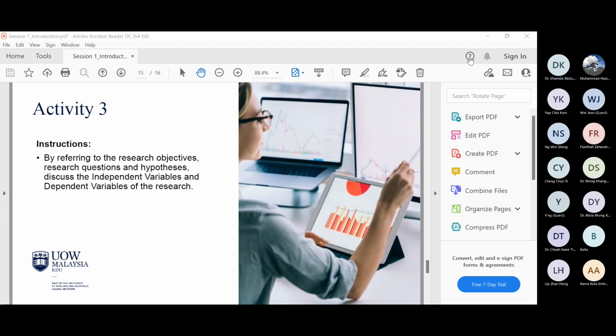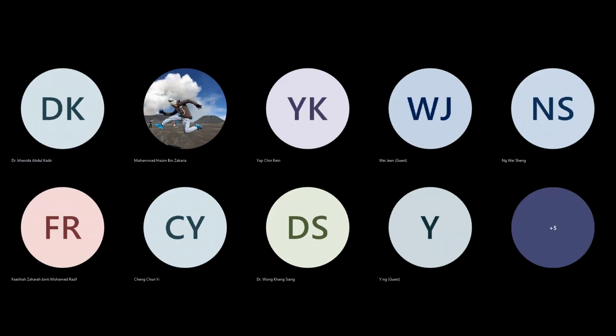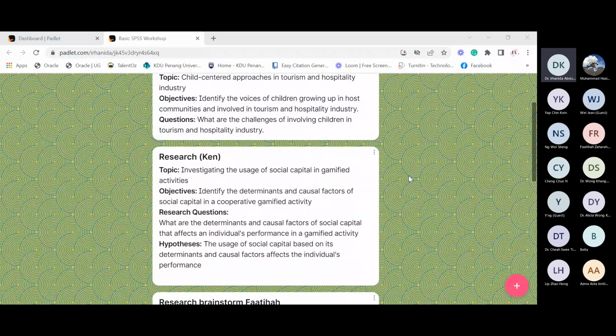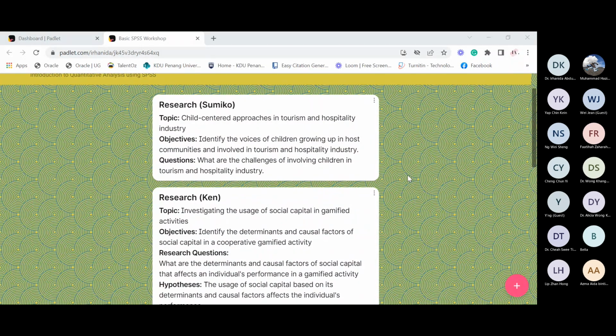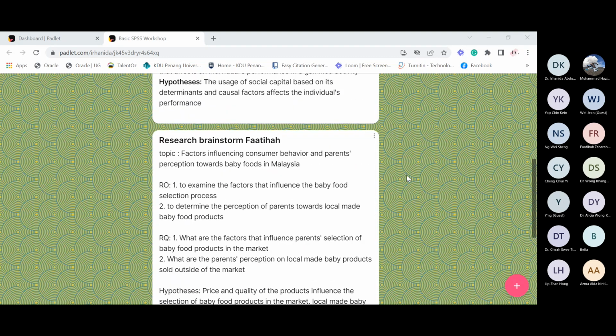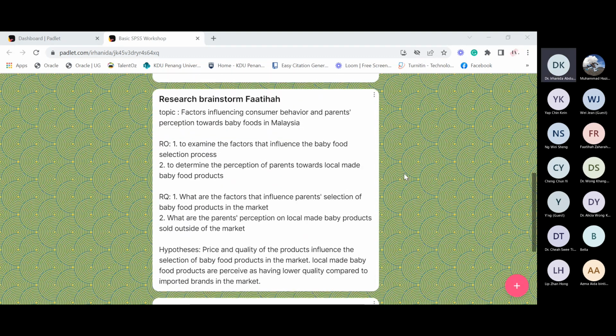We discuss together. Okay, let us take Miss Fatiha's research topic.